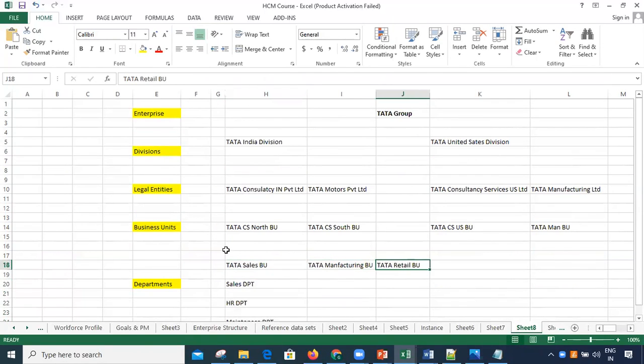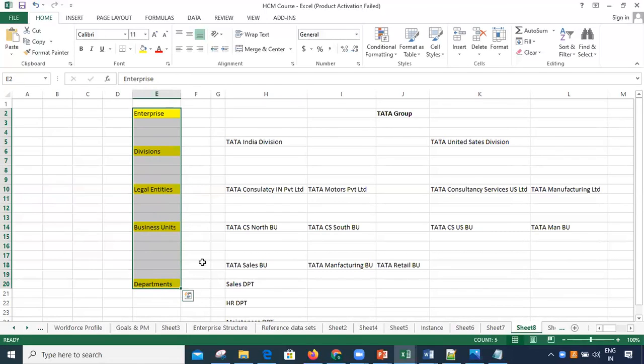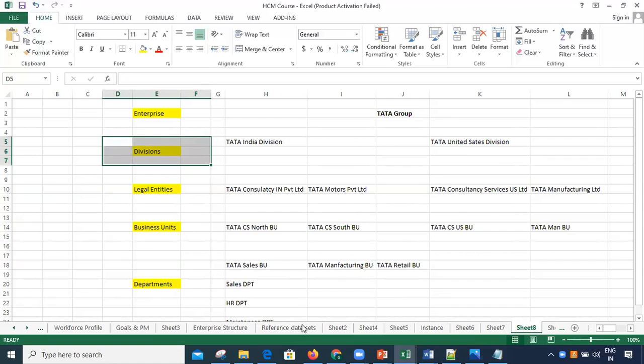So this is the organization structure in the Fusion environment, starting with the enterprise, divisions, legal entities, business units, and departments. One important thing to understand is that the divisions concept is not mandatory in the system.